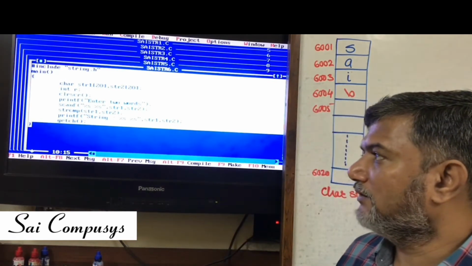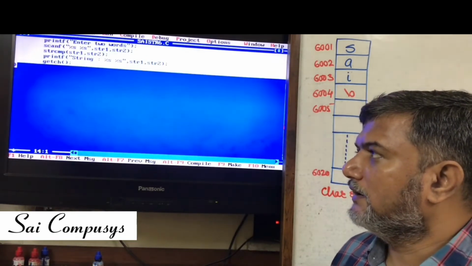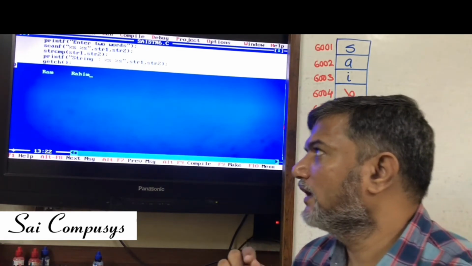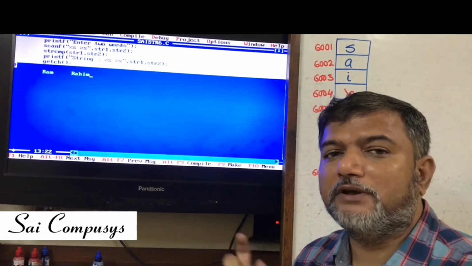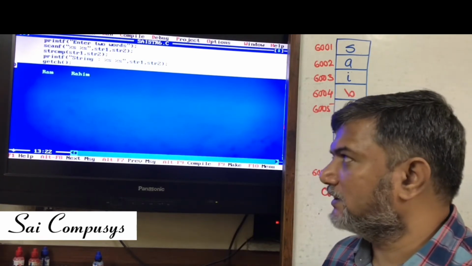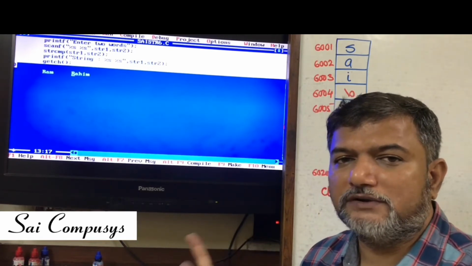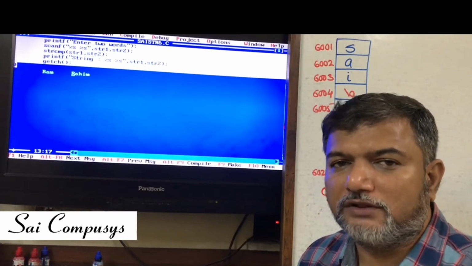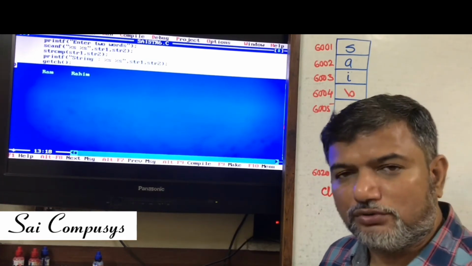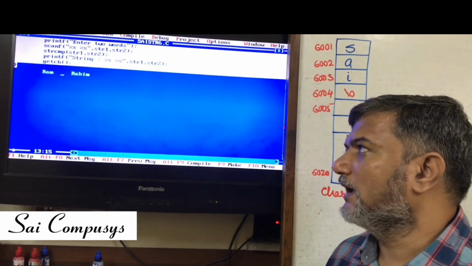I'll give you an example over here. Let us say I have two words, something like this. I have been asked to compare the two words. Now, when the comparison takes place, R will be compared with R. Corresponding character comparison takes place. Both are the same. A will be compared with A. Again, both are the same. Here M will be compared with H.